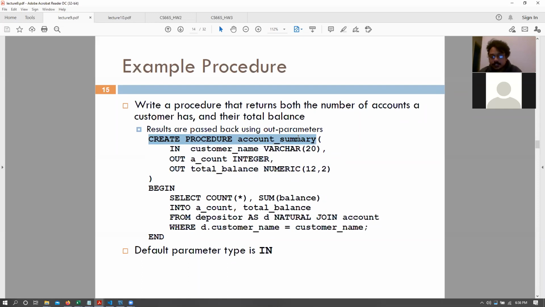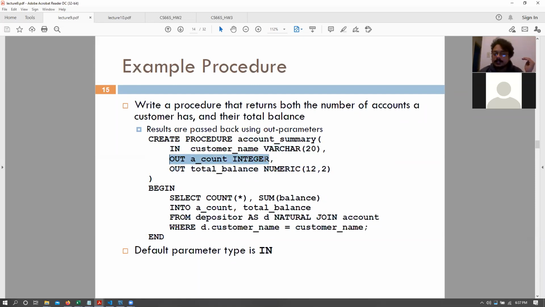Let's say that we have a procedure that creates the account summary. So create procedure account_summary, and we say that it takes in 3 parameters. 2 of those are out parameters and 1 is an in parameter. An in parameter is something that your procedure expects as input when it is being called.